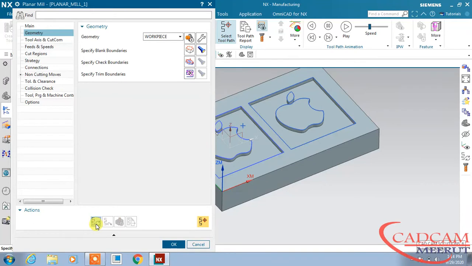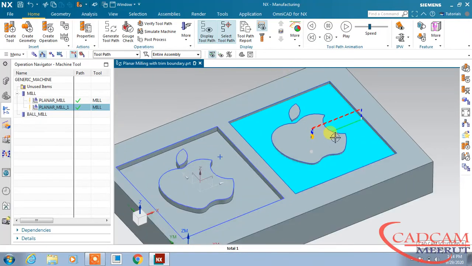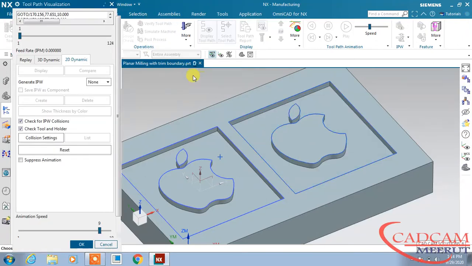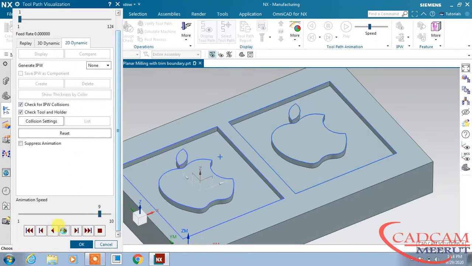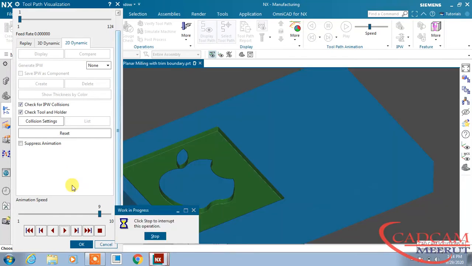Now just generate this. You can see, but this is not the actual view. But first I will save this. Now verify the toolpath, and in 2D dynamic you will see the actual picture.